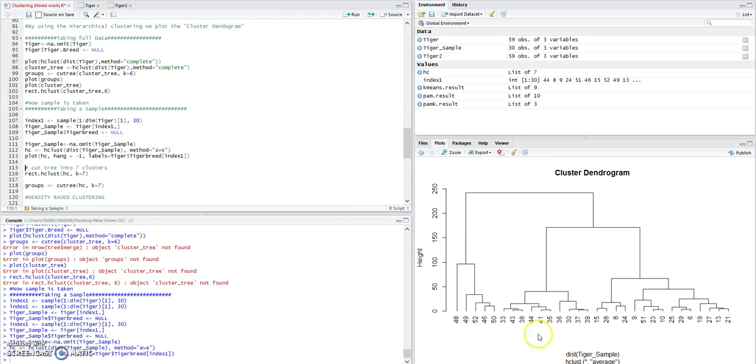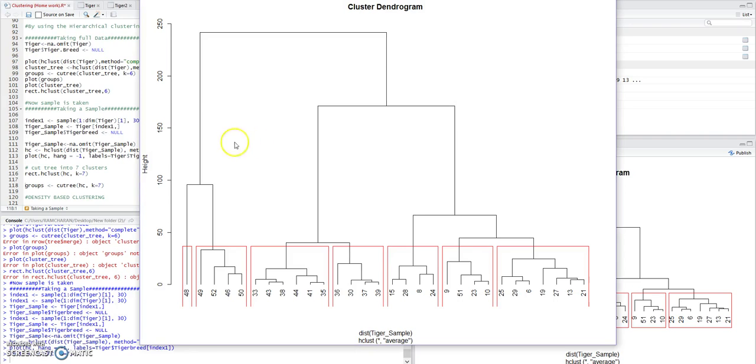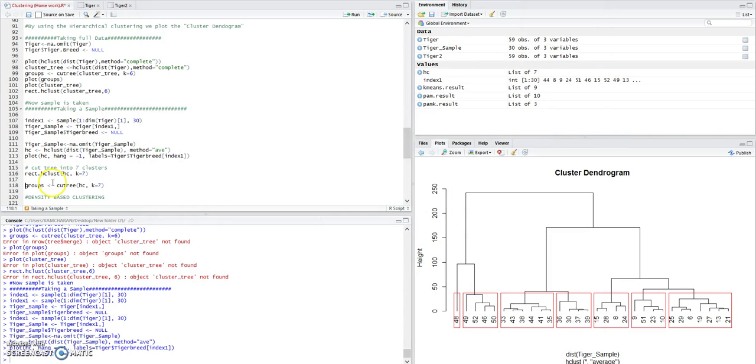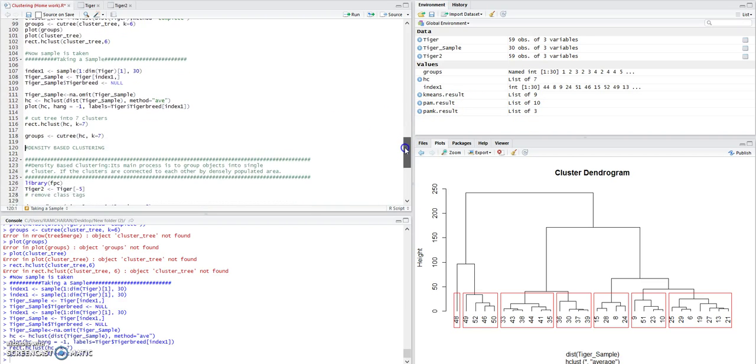Here is the dendrogram for the 30 samples, and I am going to decide on 7 clusters. Here you can see these are the 7 clusters: 1 2 3 4 5 6 7. In the cluster dendrogram, I'm going to use K value equal to 7. Then after getting the PAM K results using the sample, now I'm going to do the